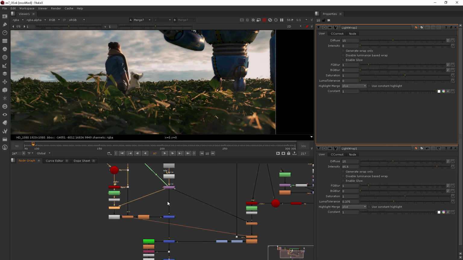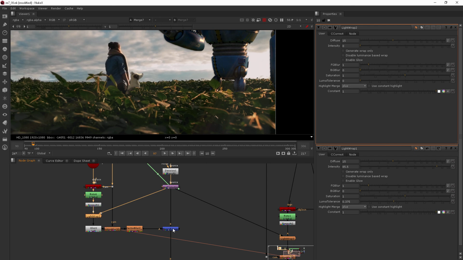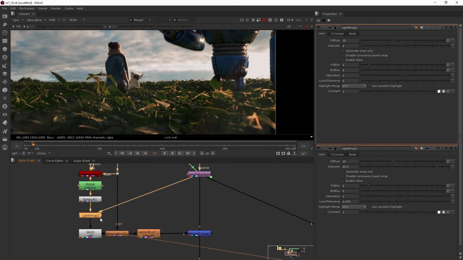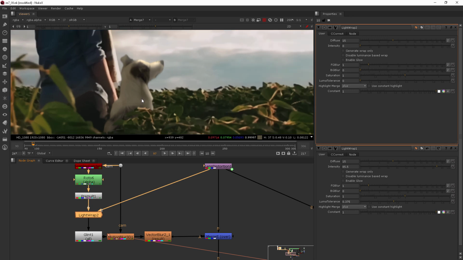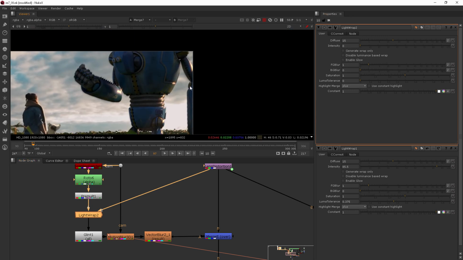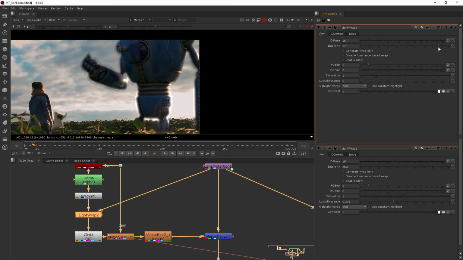And it kind of drives me crazy that these pipes just sort of have to cross over here, but there's not a really good way around it at this point based on how we've built our tree. So again, let's come over to the robot. We'll increase the intensity considerably and then start to go into that luma tolerance and increase there